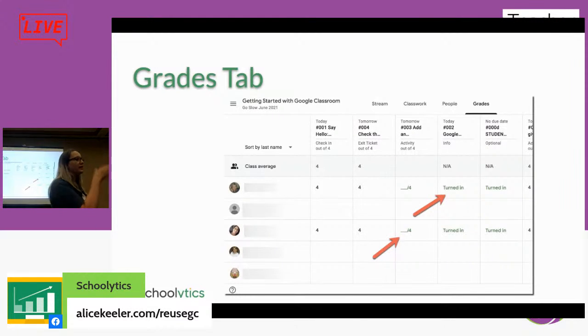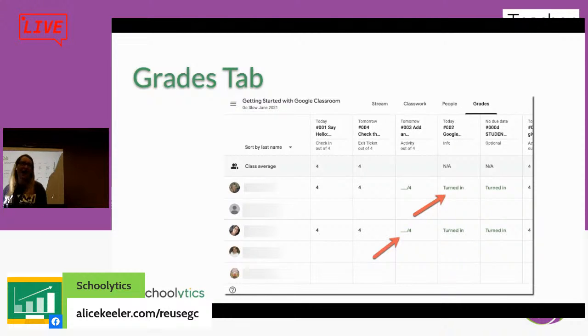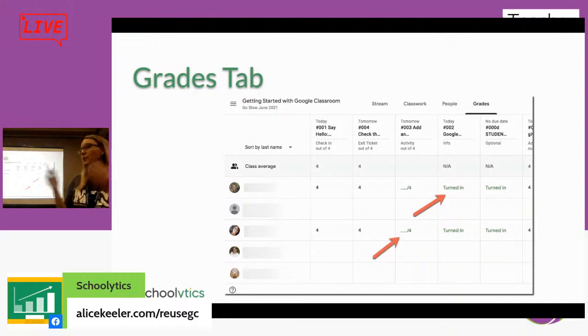My general way that I click on anything in Google Classroom is holding down the control key. So if I'm going to click on a student, I hold down the control key. If I'm going to click on an assignment, I hold down the control key. So it opens in a new tab. So I don't have to reload the grade page. So I don't have to reload the to-do page. So I don't have to reload the classwork page. It makes it go a lot faster for me. So that's my tip.